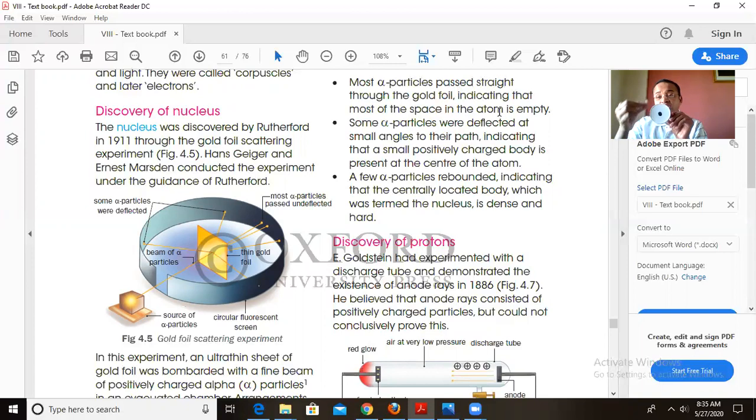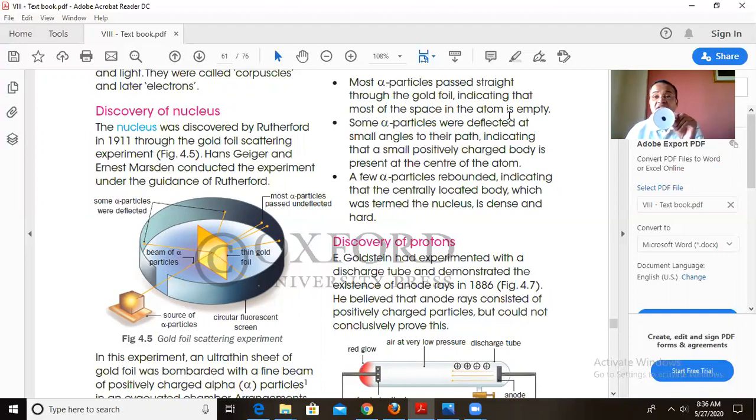And the thickness of this gold foil was very, very thin. Now, let us consider this as a gold foil made up of a large number of tiny particles called atoms, thousands and millions of them. Out of that gold foil, I am going to show you only one atom, and we are only going to concentrate on that one atom.